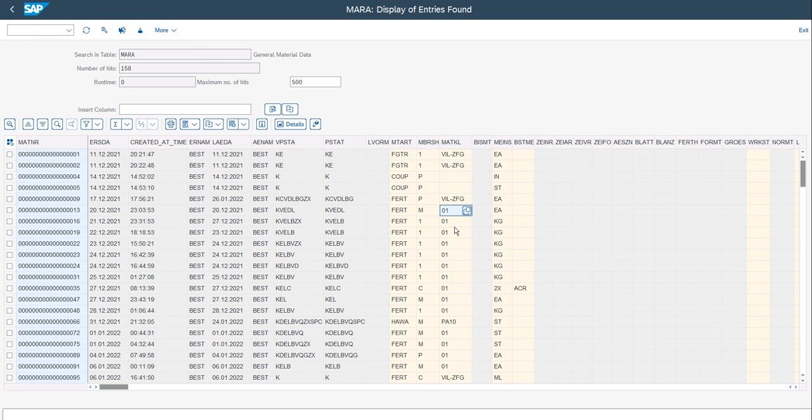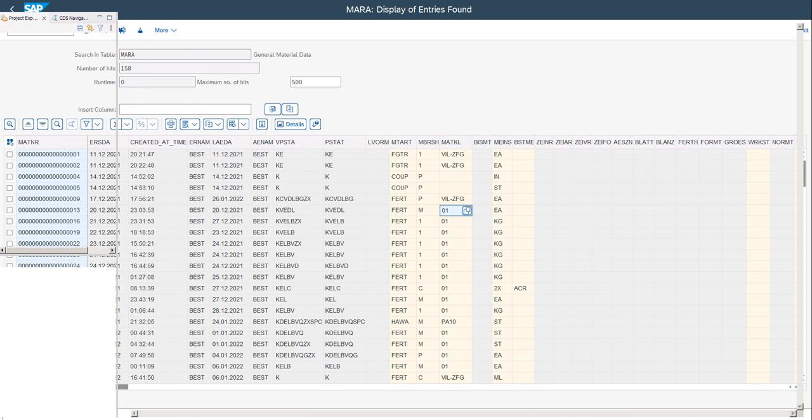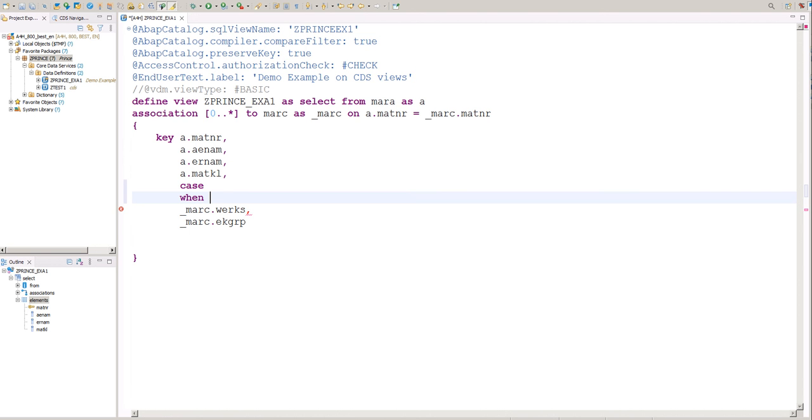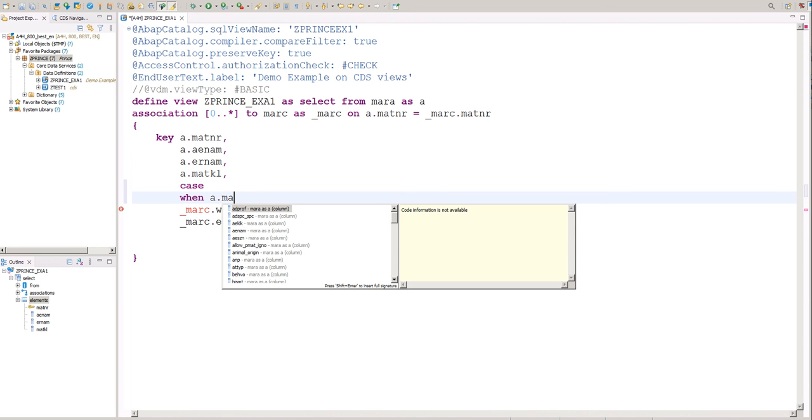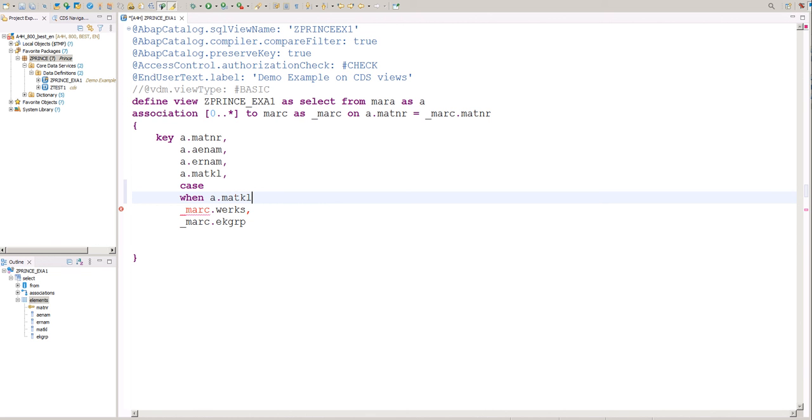So what we are going to do in our CDS view is write that whenever your MATKL value is this,